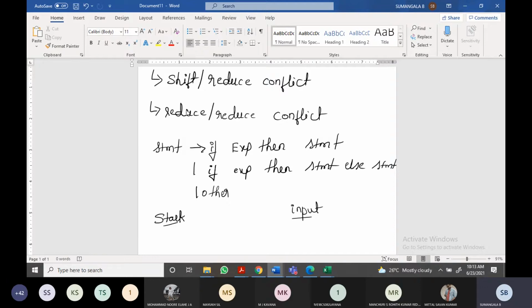Finished writing till here, two points: shift reduce conflict, reduce reduce conflict.